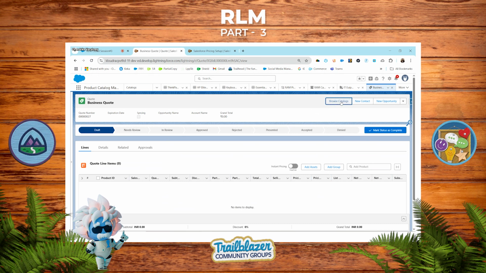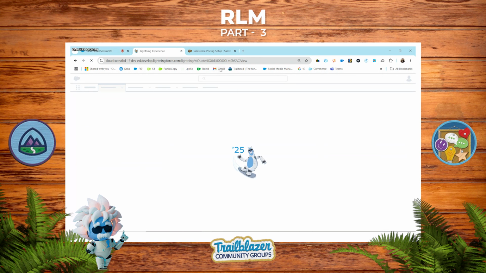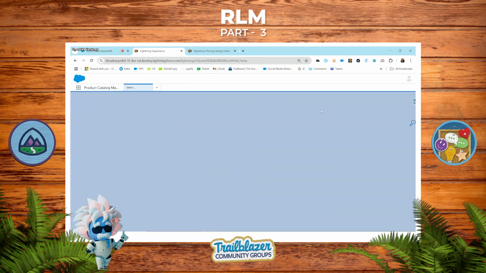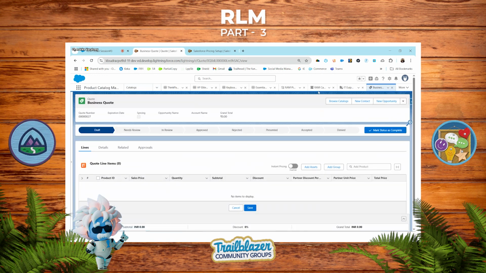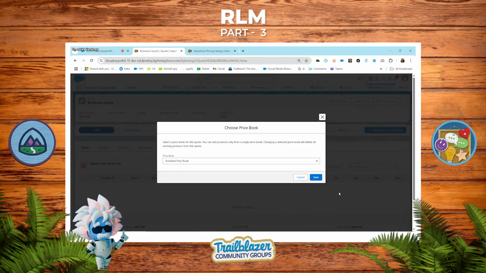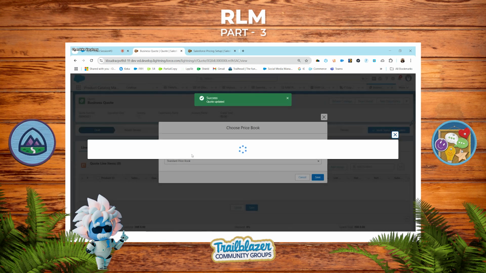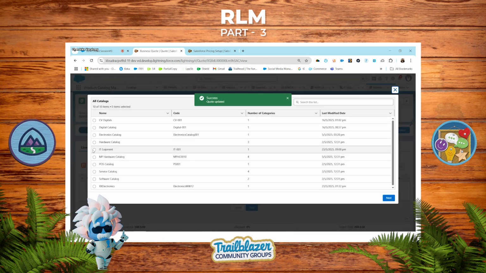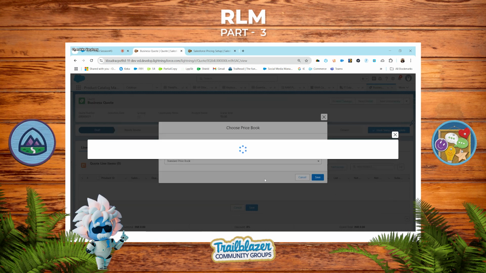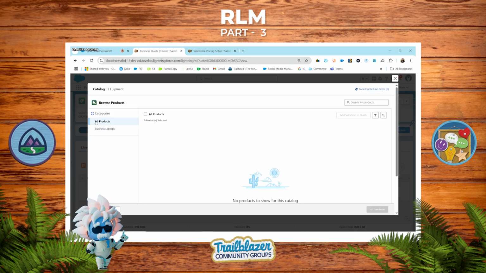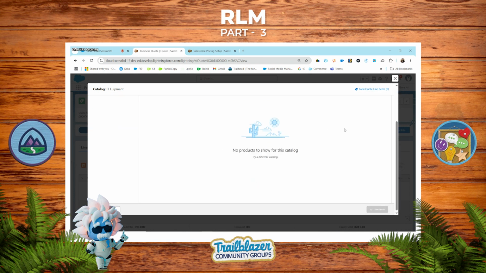So click on browse catalogs. So my catalog is visible, but the products, we have the category business laptop, but the products are not visible here also.